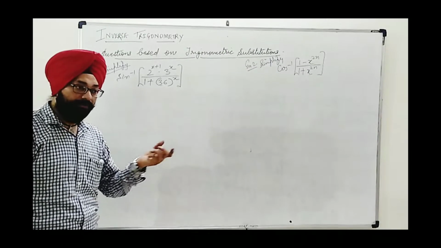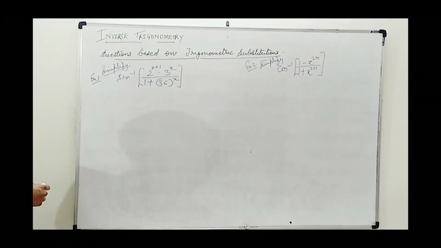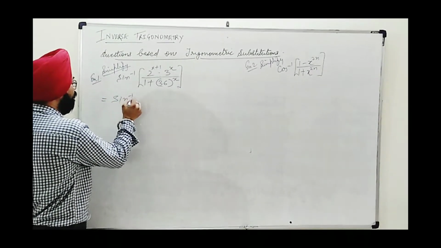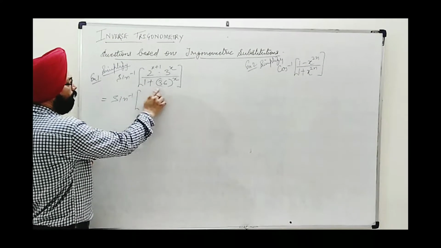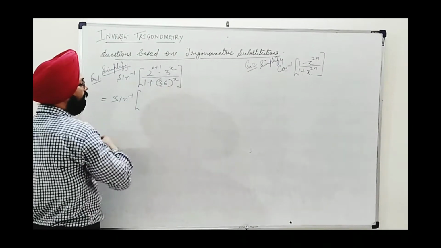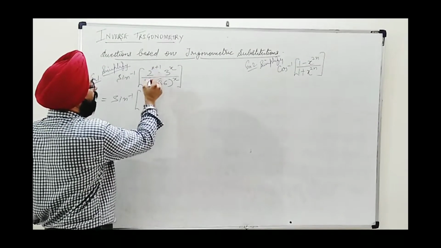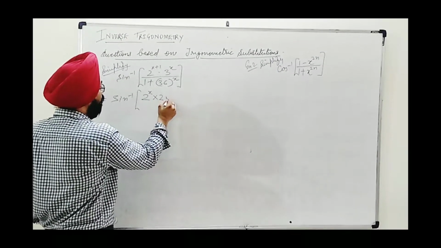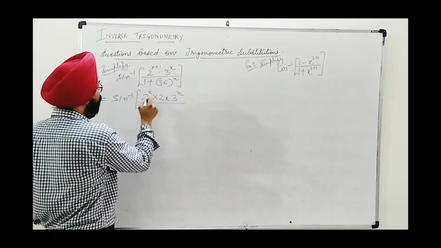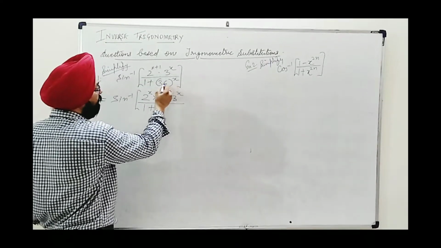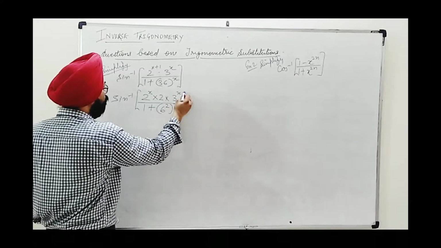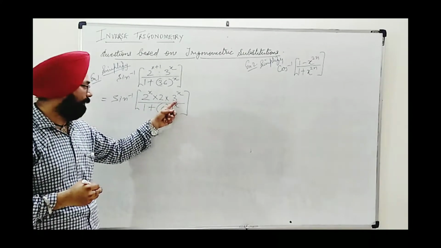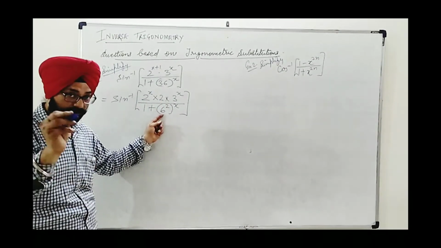This again is based on trigonometric identities. Let's see. We can consider this to be a specific equation. This is sine inverse. First of all, this is 36 raised to the power x. Here, this 2 raised to the power x plus 1 can be split up like 2 raised to the power x into 2 into 3 raised to the power x, and in the denominator 1 plus this 36 raised to the power x can be written as 6 square raised to the power x. Why am I doing so? Because I know in the numerator what's going on. It is 2 into 3, 6. In the denominator 36 also can be written in terms of 6.